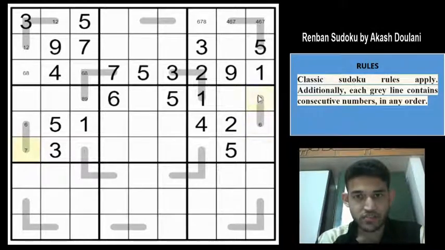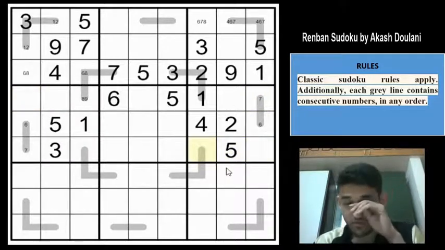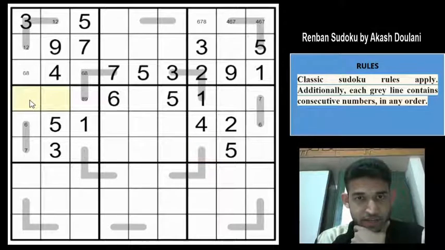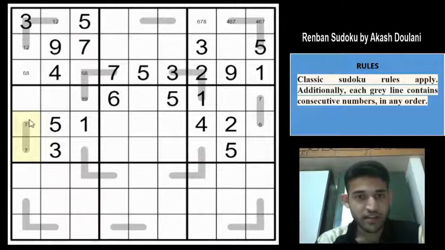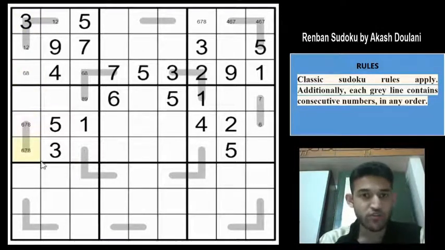Because 7 is in one of these two cells, we can eliminate the cells which have an influence on both these two cells. So 7 cannot be in these two cells, because if you have a 7 in either of these cells, then 7 will be eliminated from here and here as well. So 7 cannot be here, and similarly 7 cannot be in these two cells also. So 7 cannot be here and 7 cannot be here. Which means that 7 must be in one of these two cells, right? And the other cell must be either 6 or 8 to satisfy the Renban property. Oh, we got a triplet now, beautiful triplet. 3, 6, 7, 8. So remaining candidates are 1, 2, 4, 5 and 9.